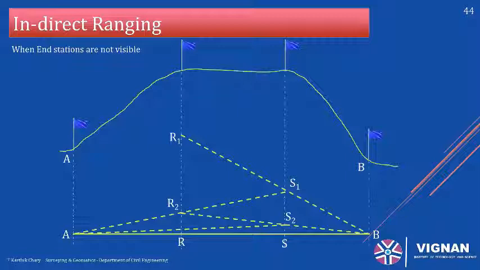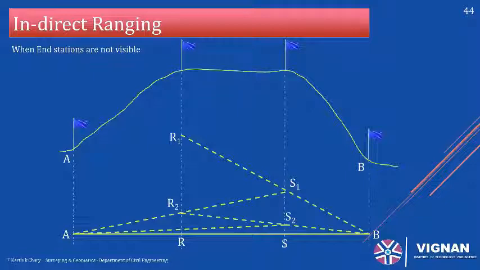The first line which I have drawn is R1, S1 and B. Next, you will get A, R2, S1, as now S1 judges R1 to come into the line A, right? Now S1 judges R1 to shift from his position in order that he will be in line with A, right? Now R2 judges S2 to move from his position in order to be in line with B. Now in a similar way, again S2 judges R2 to move towards the line with A.